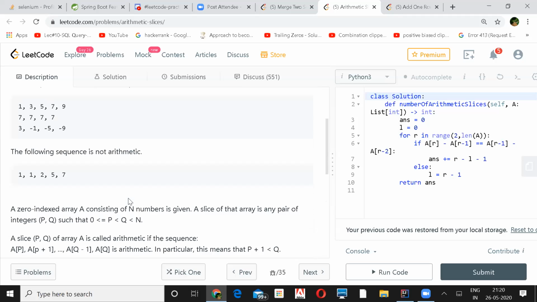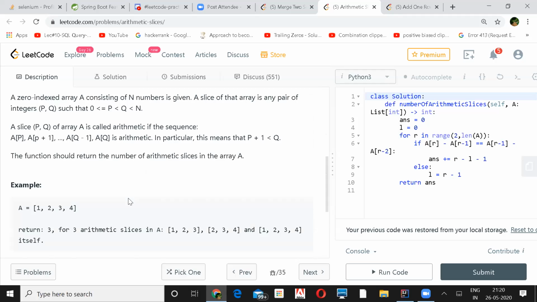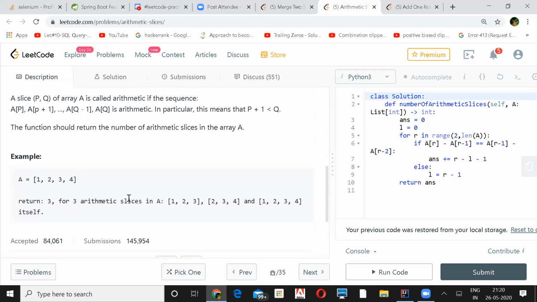Yeah, any queries here? So in a case where you have an example like 1, 2, 3, and then 7, 8, 9, in that case there will be 2. The answer will be 2, correct? Yeah, 1, 2, 3, and 7, 8, 9. Or maybe 1, 2, 3, and 8, 10, 12. Then 1 only, right? No, 8, 10, 12 is again good to go because the difference is 2. The answer will be 2 in that case.